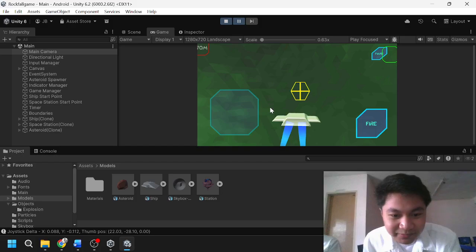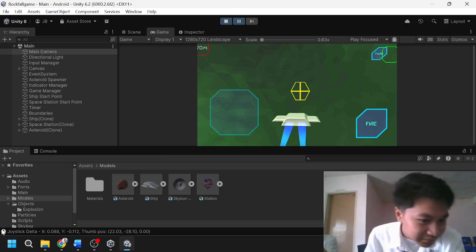Next, we placed the space station which the player will protect later in the game. We created another empty game object named Space Station.